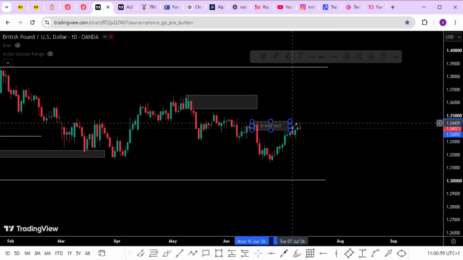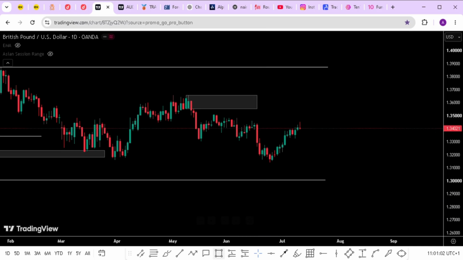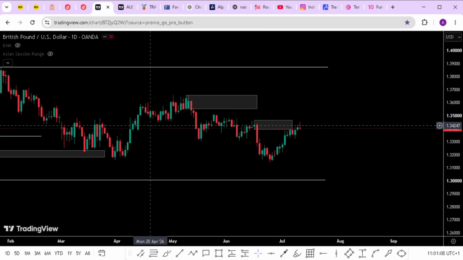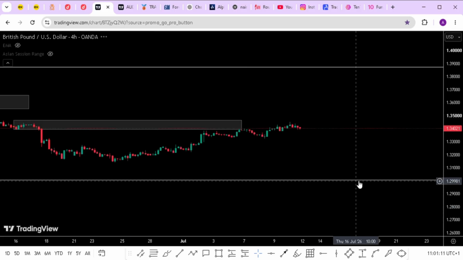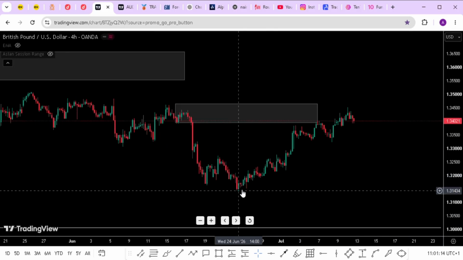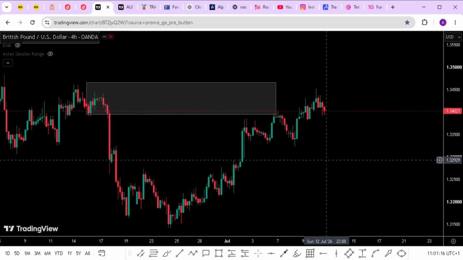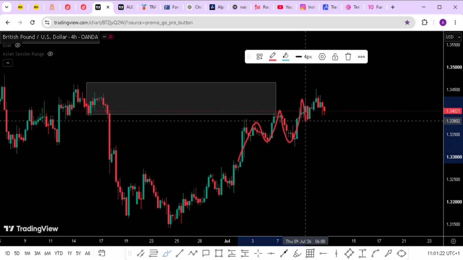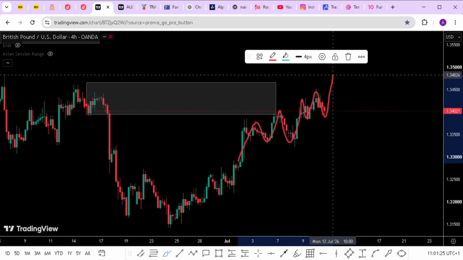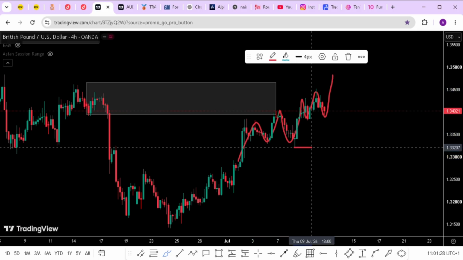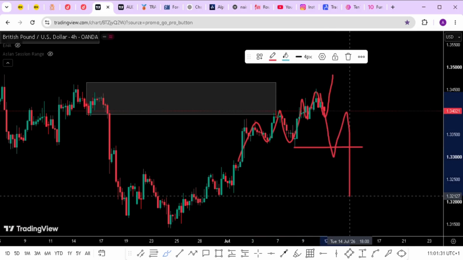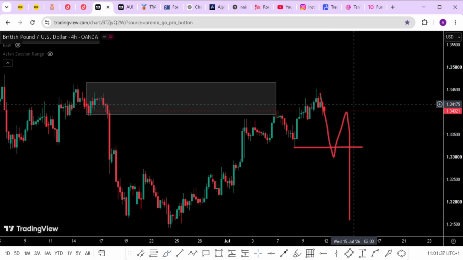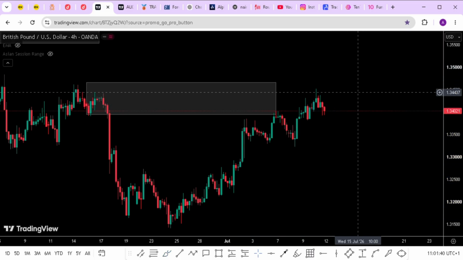But whichever way, I'll wait patiently for this level and see if I will get a kind of lower time frame confirmation. So if I go to 4H or 1H, you can see there is no confirmation yet. The market is still printing higher high, higher low, higher high, higher low. You can see market is still printing something like this. So until we take out this low, and we can now look for this, that's exactly what I'll be looking for. But without that, I will just stay away from GBP USD for now until it gives me clear direction.